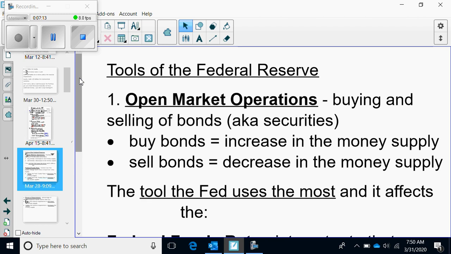So what the Fed is doing right now is buying bonds from banks, because all these banks have these treasury bonds. You know how the federal government has all this debt? If you remember when we did the crowding out effect, the banks have all this debt, these bonds. Bonds are not money, by the way, but they're very safe investments. They pay an interest rate, and the banks are sitting there with these bonds. And what the Fed does is buy these bonds from these banks.